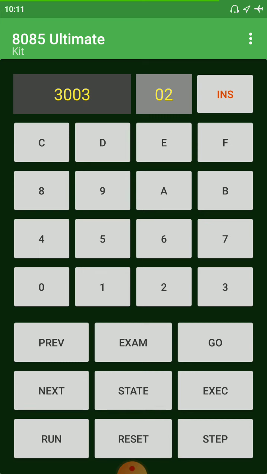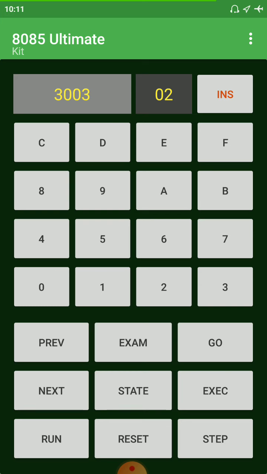Your result and your input will be in hexadecimal form. So your binary number is in hexadecimal. Okay, you need to convert it to binary to see the result, or you can convert the binary into hexadecimal.